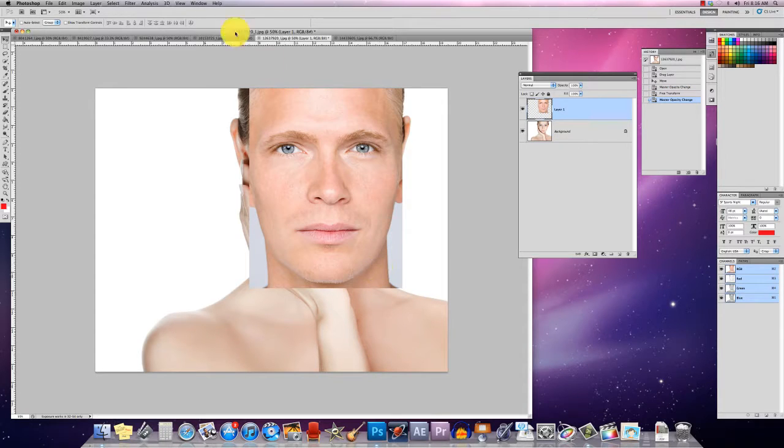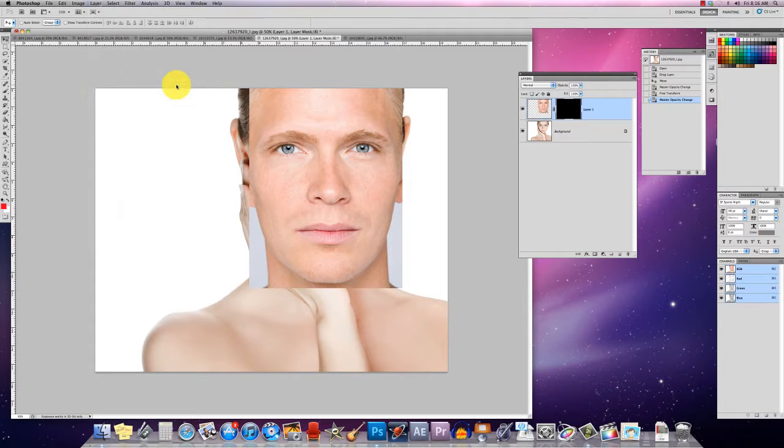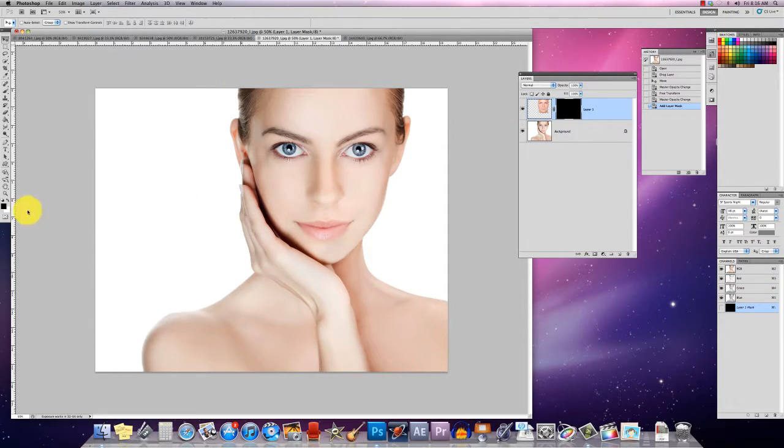We'll turn the opacity back up, and then simply we're going to go to Layer, Add a Layer Mask, and we're going to choose Hide All. And you can see our layer mask is black, but so is our paint. So our foreground color is black. If we hit X on the keyboard or the little arrow here, we can switch those back around. Take your paintbrush. I'm going to increase the size of the brush using my bracket keys, and then I can paint in certain elements. Now, as you're doing this, you can always change the opacity of your brush